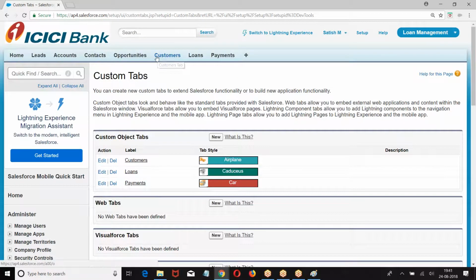I hope you are good with this. Customer, loan and payment. Okay. One object only, one tab. I hope you are good with this. Now,